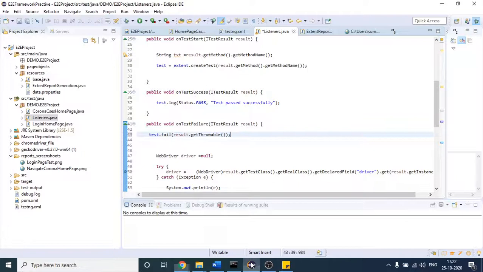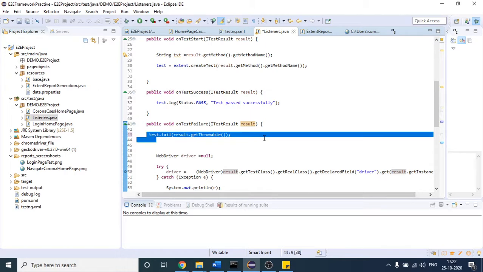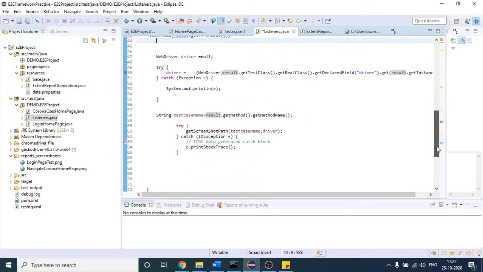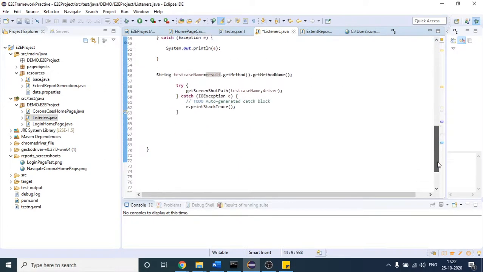That actual error will be captured in the result variable, and with this object I am saying: inside my report, get the actual failure log and place it in my file. This will be done by this step. It is a little confusing at the beginning, but once I show you in debug mode, it will be clear.